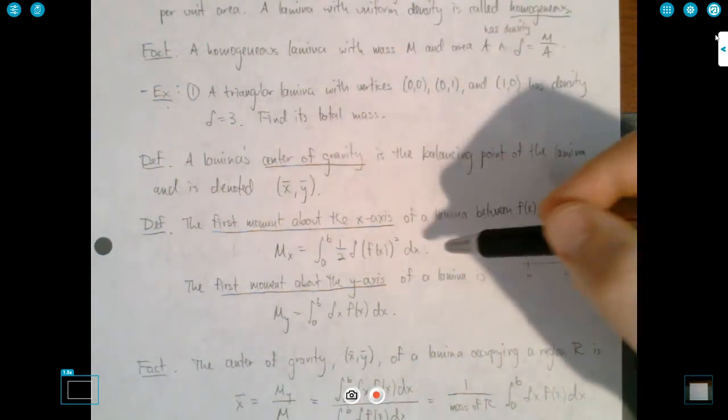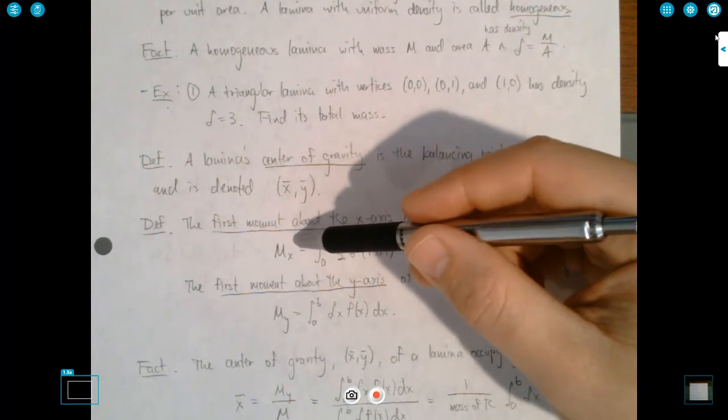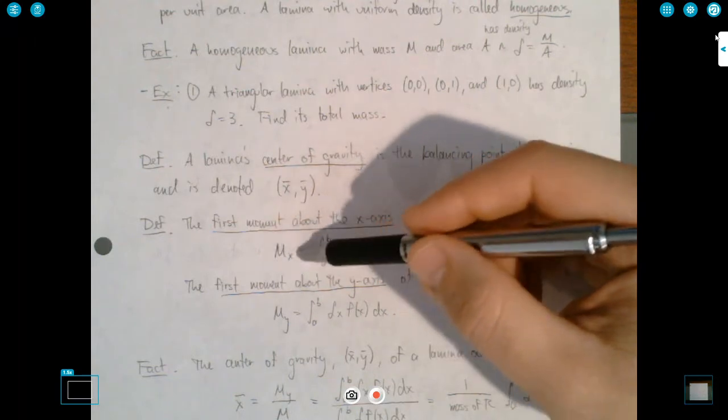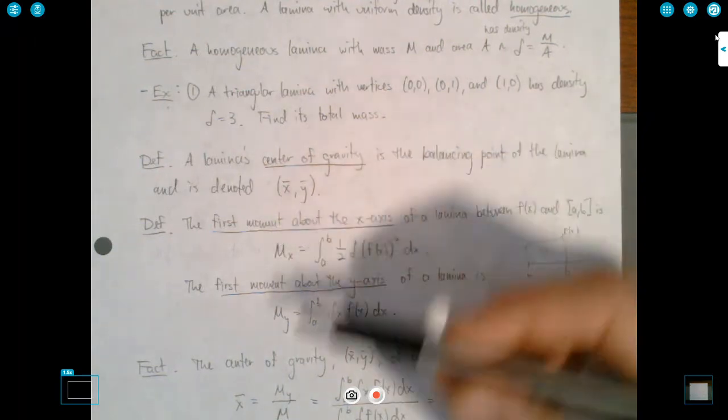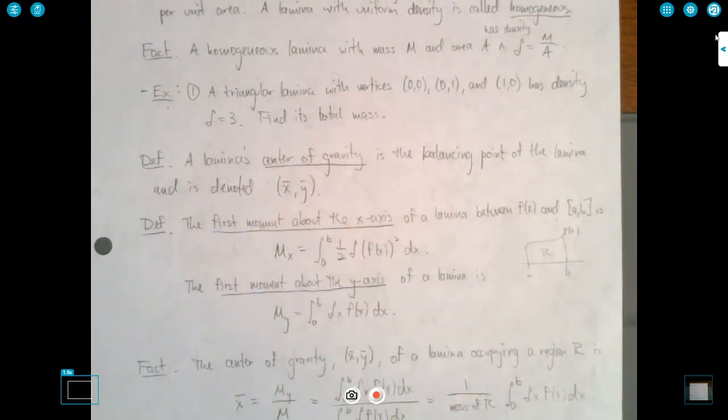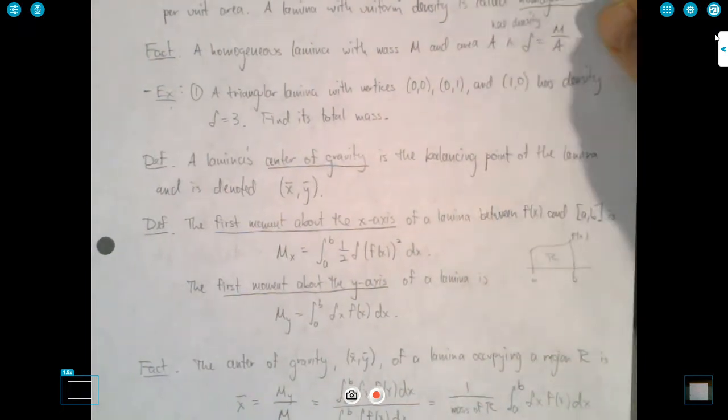And again, kind of loosely speaking, this is the propensity of the lamina to rotate around a horizontal line, and this is the propensity of the lamina to rotate around a vertical line. Okay,